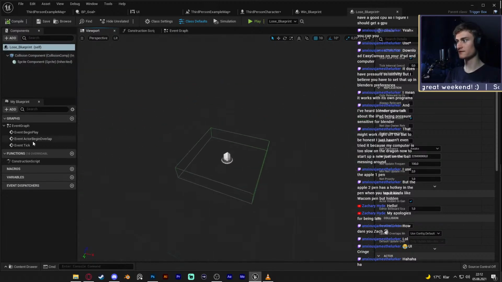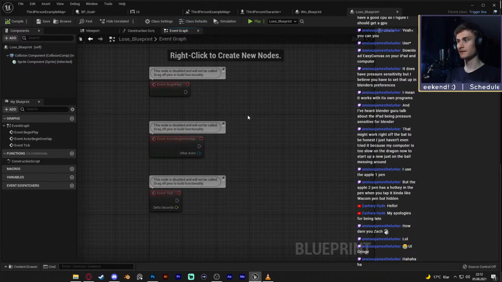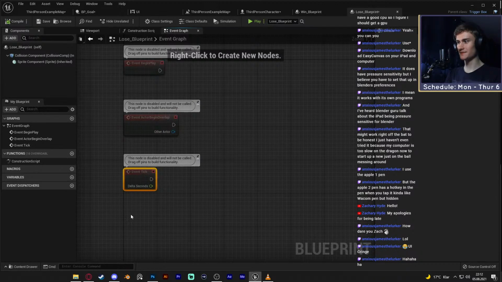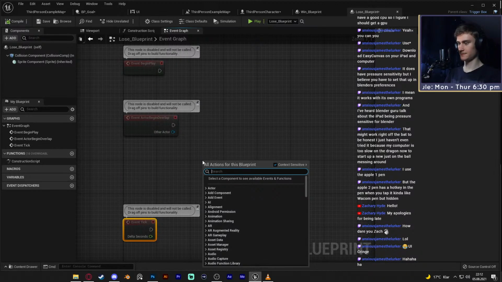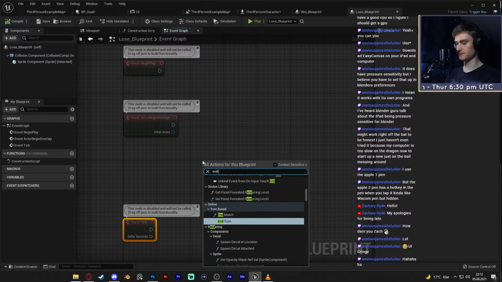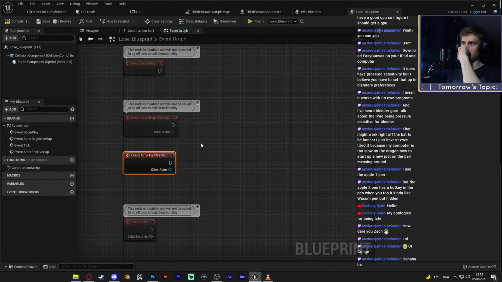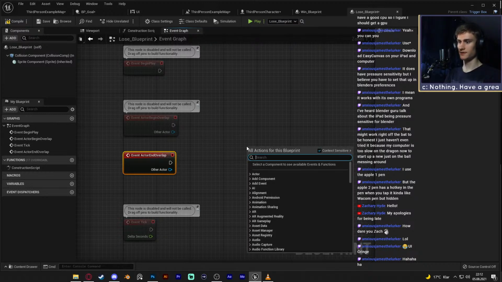Okay, event graph, begin overlap. There you go, okay. I guess it, I don't know what it did. Okay, begin overlap, then we need also end overlap. End overlap. There you go. We need, so what did it do in the blueprint for the object determines whether or not cringe is on or off. So we need